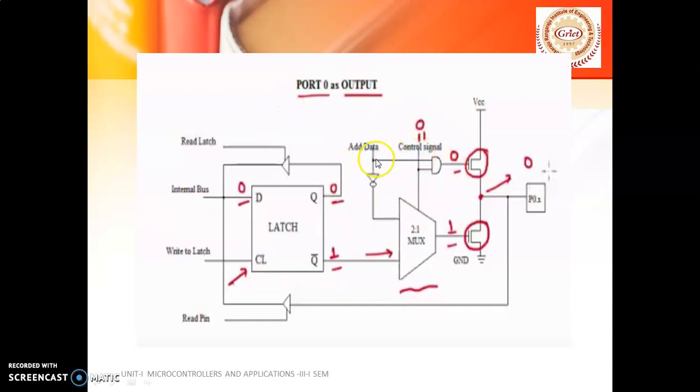As the control logic signal is 0 and the address and data is 0, if both the inputs of the AND gate are 0, then the output is 0. Once it is 0, this 0 is given as an input to this particular switch, then it is going to act like an open switch. Whenever it is acting like an open switch, it doesn't allow any data to pass through.